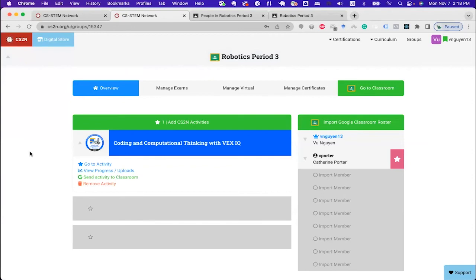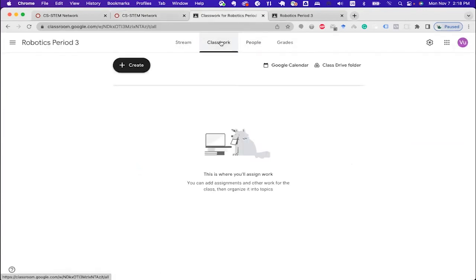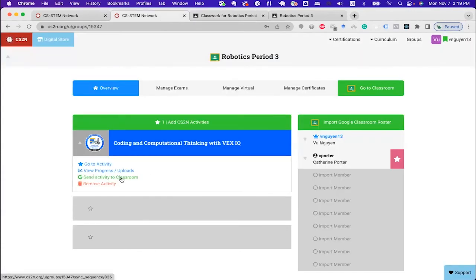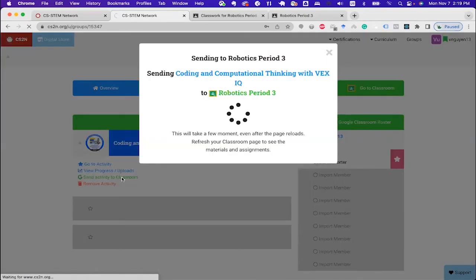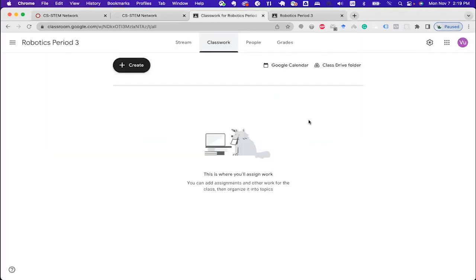The other final thing that I do want to talk about is being able to send all of the activities into my Google Classroom. That is done by clicking on this link here, send activity to Classroom. In my classwork, I don't have anything here. When I click on send activity to Classroom, in the background it is going to send all of the pages within this course as links and topics in my Google Classroom. And so if I refresh,